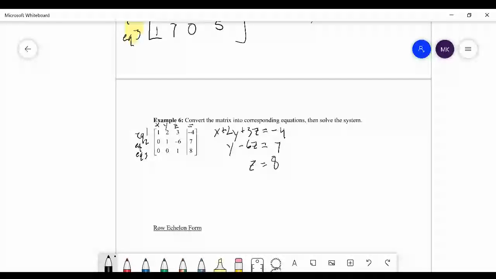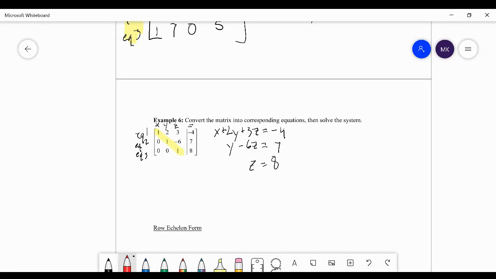Okay. Now, we have converted this matrix into a system of equations. Now, notice it says then to solve. And this system is actually really easy for us to solve because of the way it's set up. If we look at this portion of this matrix, it looks very nice, right? We've got ones on that diagonal, and then we've got zeros below them. And now this diagonal here